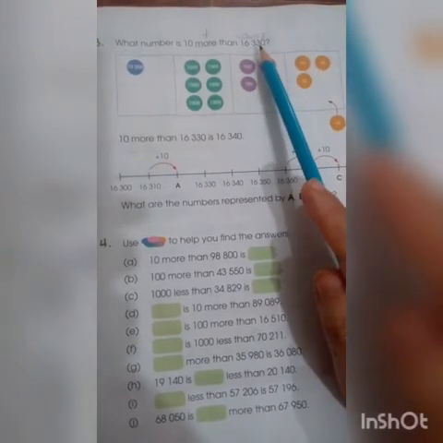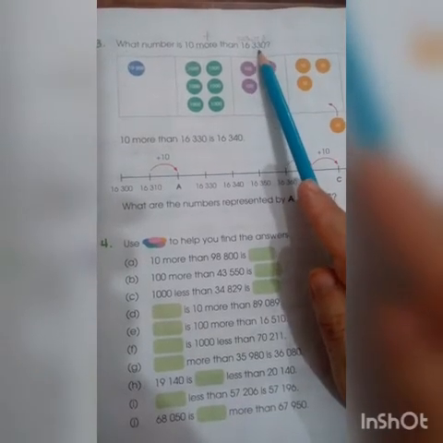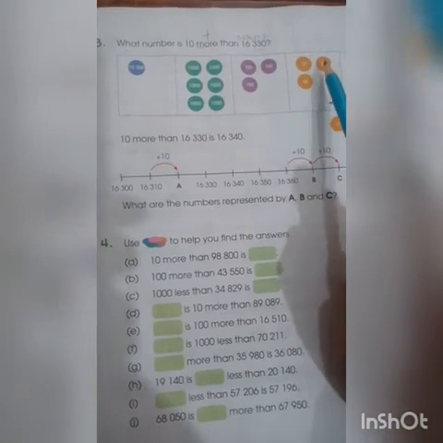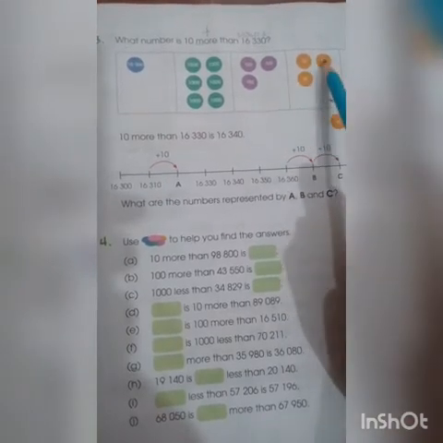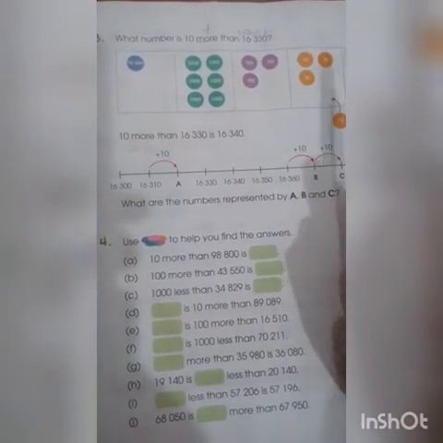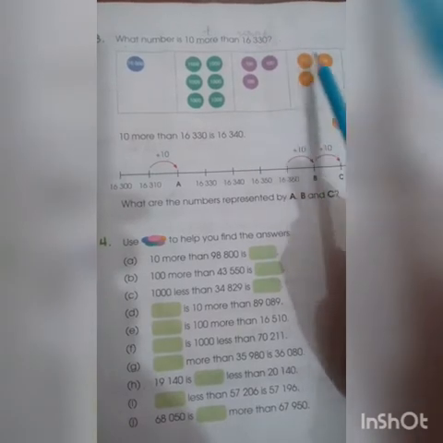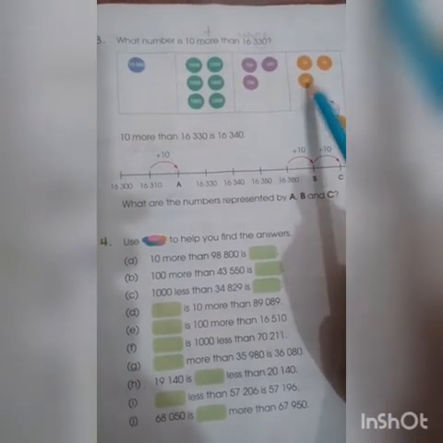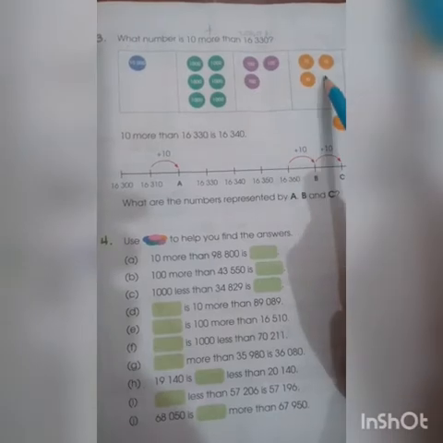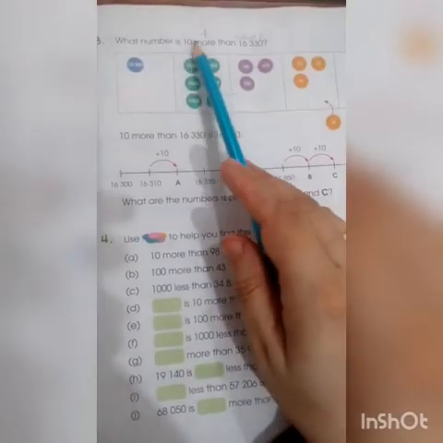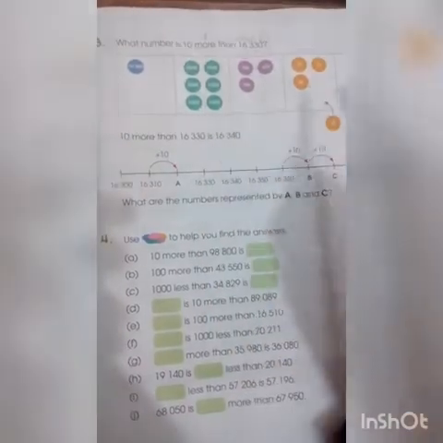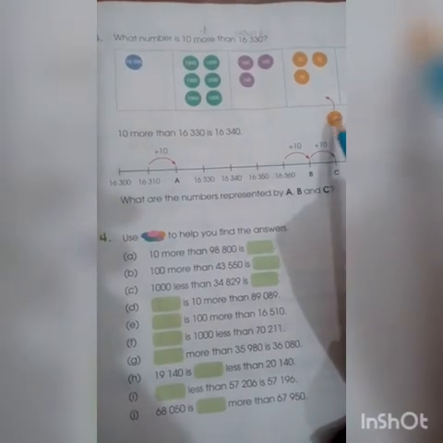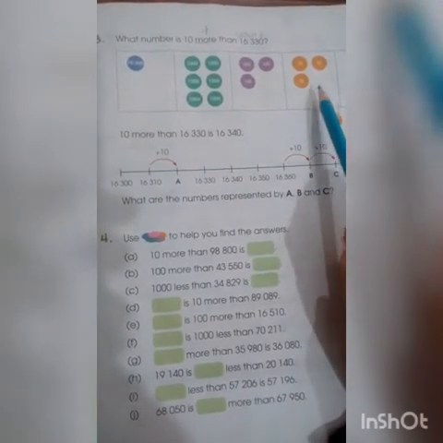And now move to 10's place. There is a digit 3 at 10's place. So we make here 3 circles and each yellow circle shows 10's. 1, 2, 3. These are 30. Student, as the question is 10 more, so we have to add one more circle to this 10's place.